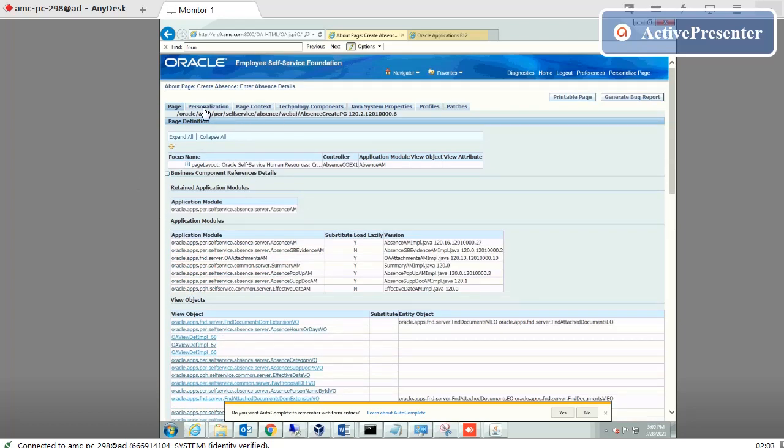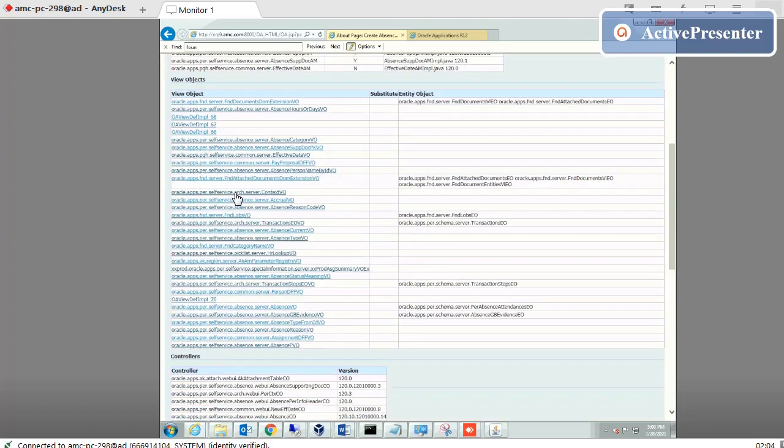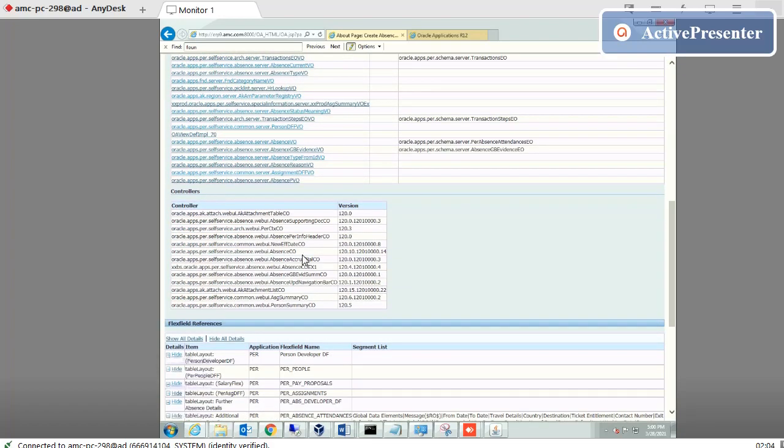We have to go ahead here. From here we will know which controllers we have to extend. This one, okay. So we have to go here in the controller. We have to extend this controller already. Then we have to change here.